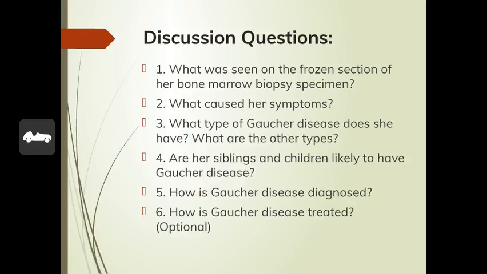What type of Gaucher's disease does the patient have? What are the other types? This patient has type 1 Gaucher disease. Type 1 is the chronic form of the disease in which the brain is not involved. This type primarily occurs in Jewish individuals of European descent and has splenic and skeletal involvement. It is also the most common form of the disease. Glucocerebrosidase is stored in phagocytes throughout the body